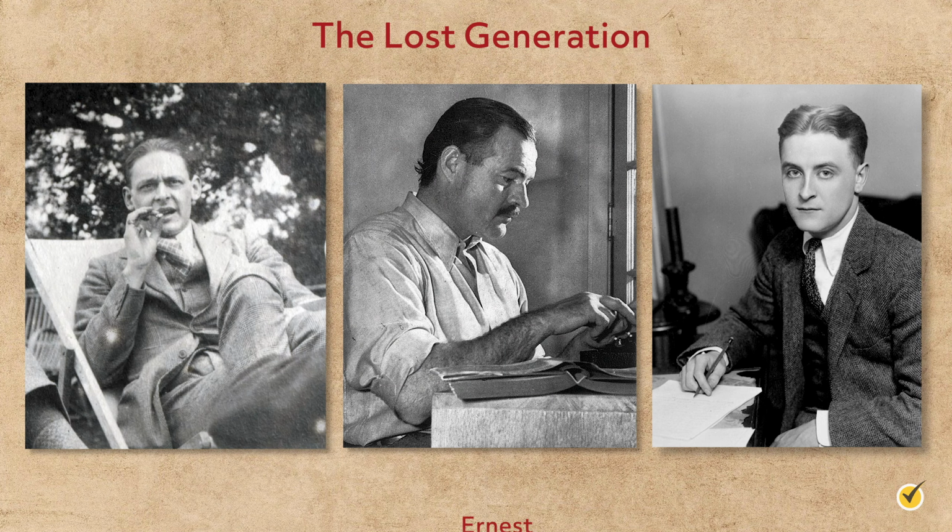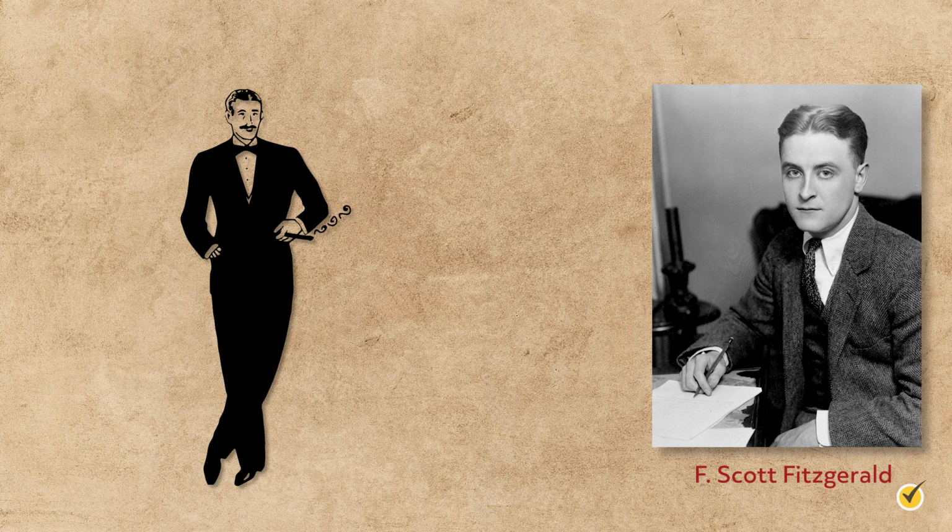The group, which includes Hemingway, T.S. Eliot, and F. Scott Fitzgerald, explored the feelings of aimlessness and hopelessness in their work. In 1925, Fitzgerald wrote one of the most famous novels of the decade, The Great Gatsby. The novel details the decadence and glamour of the time, but writes of how unfulfilling the lifestyle ultimately was.